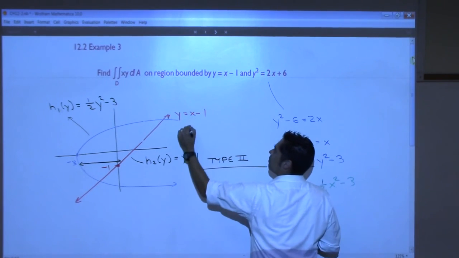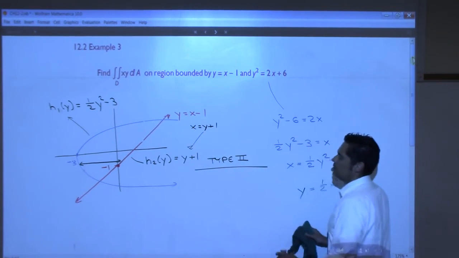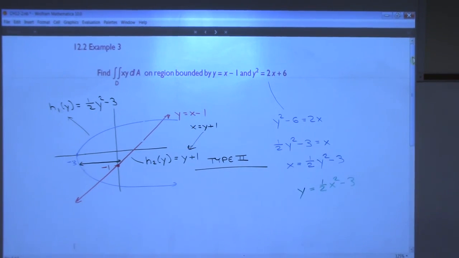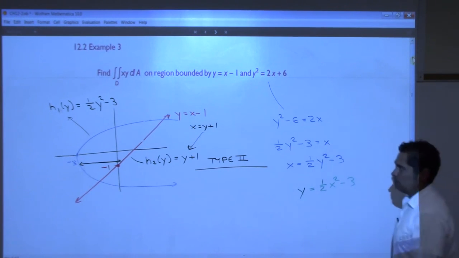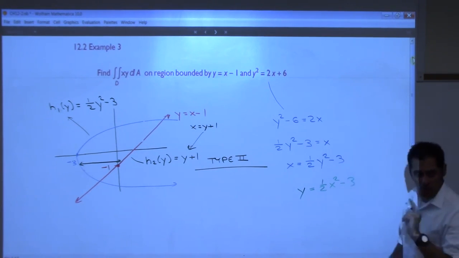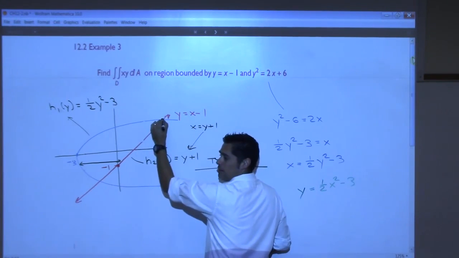So take this. That's x equals y plus 1. That's how I got to this. That's an arrow. No questions? What else is still out here for me to resolve? Bounds on y. So we want to know where these hit each other still, right? But we want to know